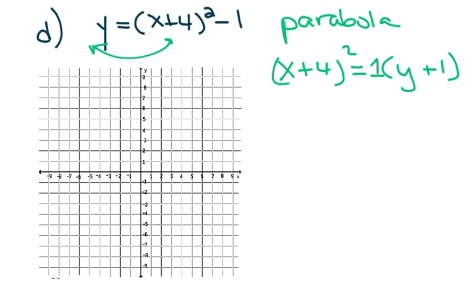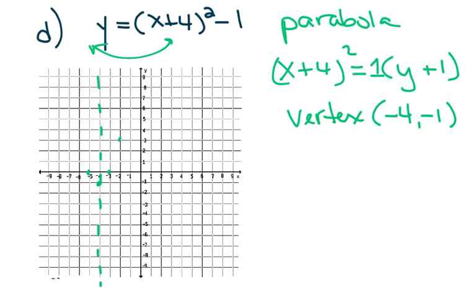So if I wanted to know what p was, although in this problem I don't ask that, I just ask you to graph it. So this is a parabola that opens up and down, or up specifically. The vertex, which is at h, k, is at negative 4, negative 1. So here's my vertex, here's my axis of symmetry. And then if you want to do a fairly accurate drawing,